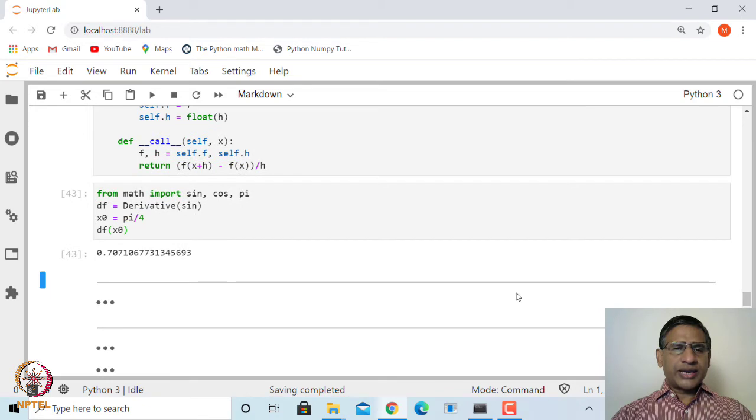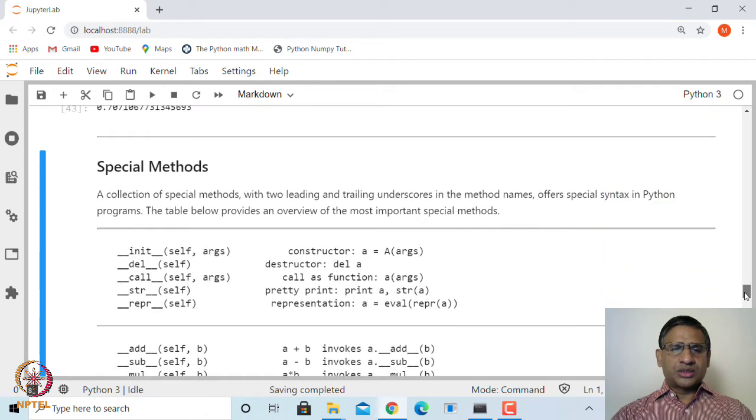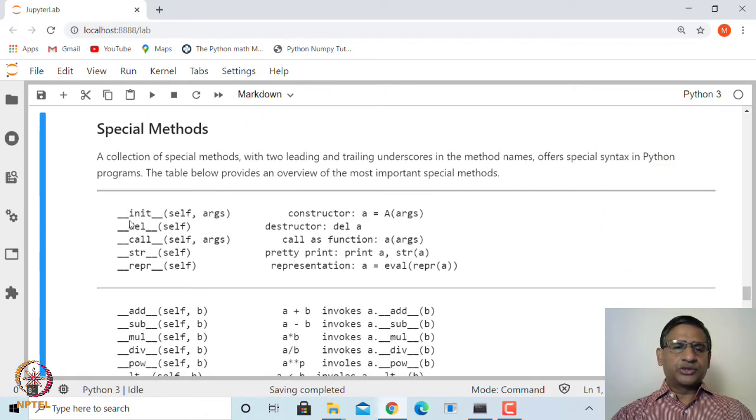Now, let us look at some other special methods. There are several special methods. We have already made use of init, we also saw del, and just now we saw call. str and repr are the special methods used when you call the print statement.